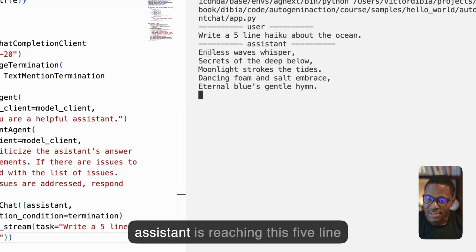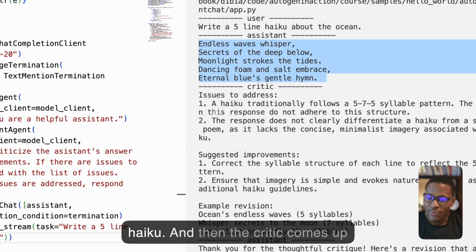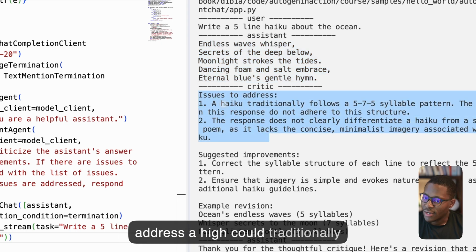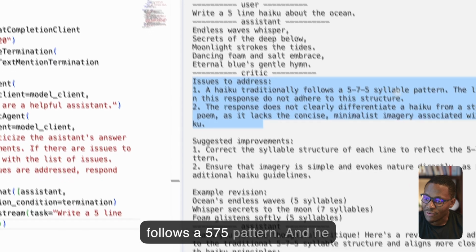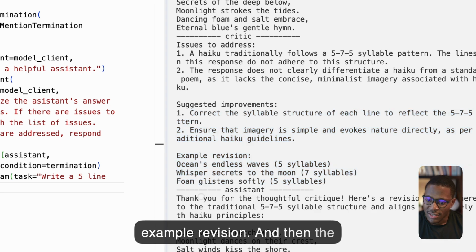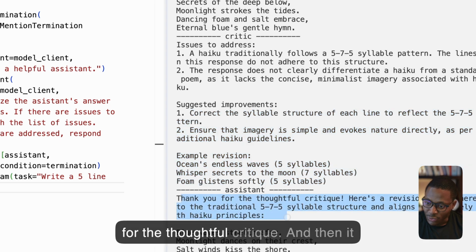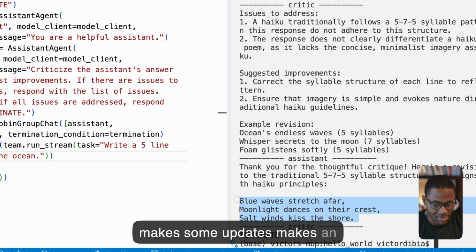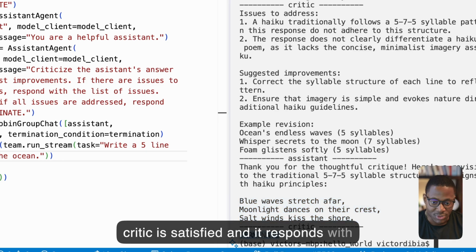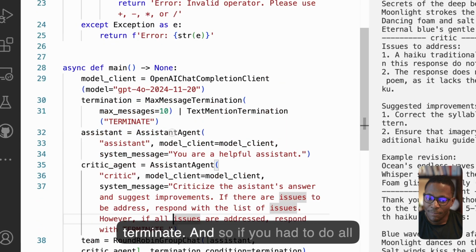So here we have the assistant writing this 5-line haiku, and then the critic comes up and says, hey, there are issues to address. A haiku traditionally follows a 5-7-5 pattern, and it suggests a bunch of things. Here's an example revision. And then the assistant says, thank you for the thoughtful critique. And then it makes some updates, makes an actual 3-line haiku. And then the critic is satisfied and it responds with terminate. And so,